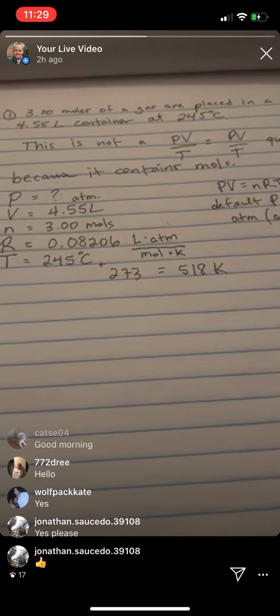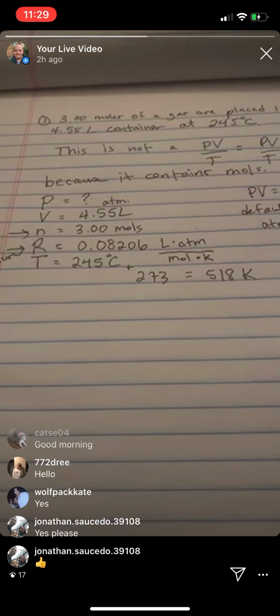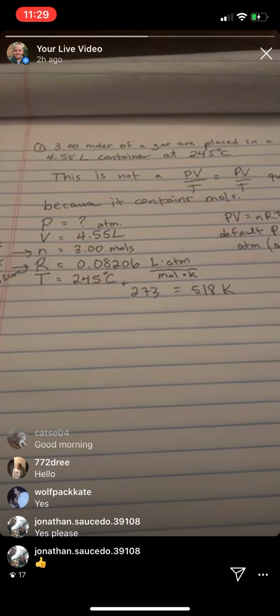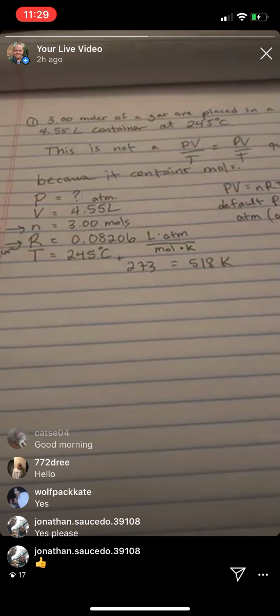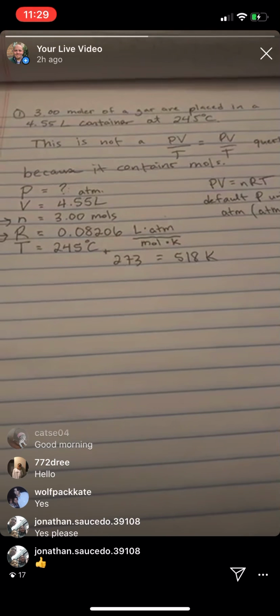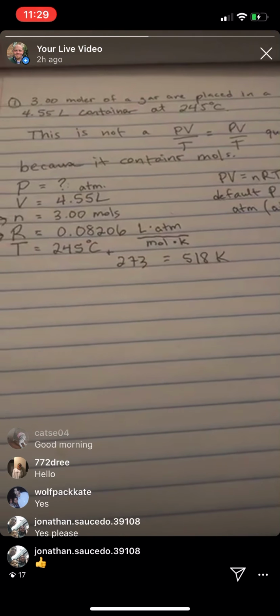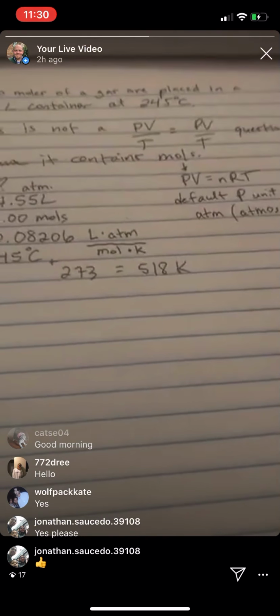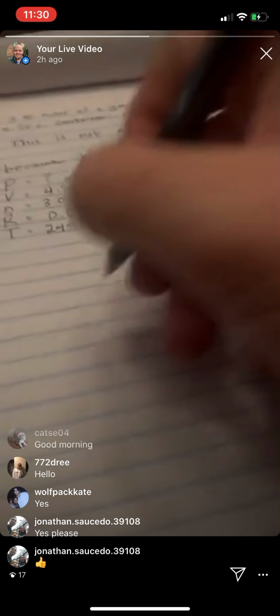So you can clearly see it's a lot of variables, probably more than anything you've ever dealt with in math class. But the concepts in math and in algebra and chemistry are identical. So what we're going to do here is use this equation, but solve for this variable because that's what we're looking for, right? So if we take PV equals nRT,